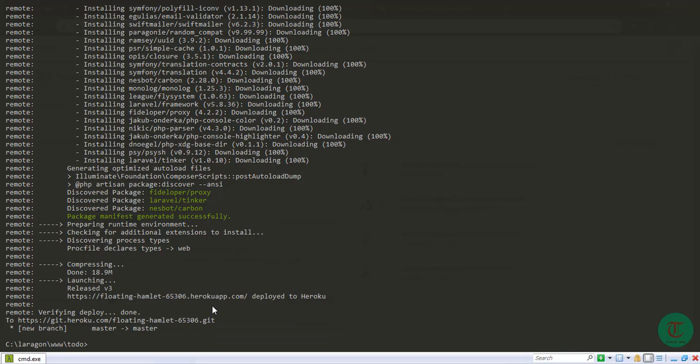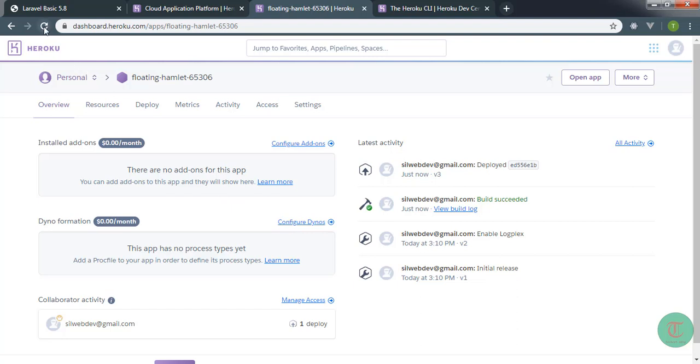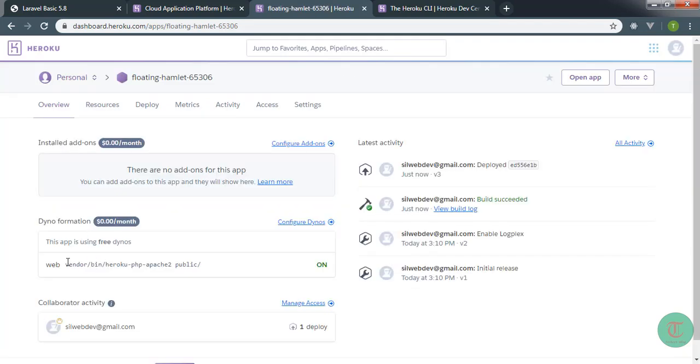Now we've actually deployed our code to Heroku. Let's take a look at the Heroku dashboard, just to see what the difference is now. Refresh. And we should see under Dyno formation, just here, that we have the web. Now, if we go and open our app,